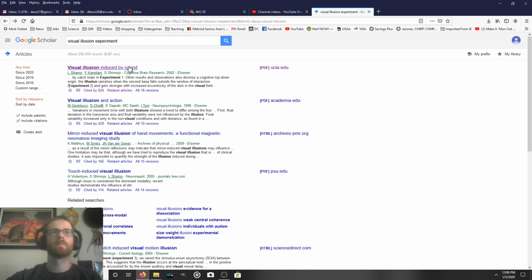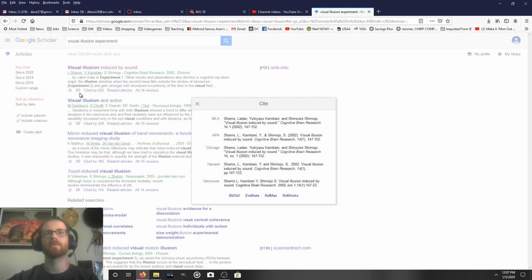Just go back to where you found that article on Google Scholar and click on these little quotation marks you see over here. This shows you how to cite the source, or how to build a reference page entry for that source for all these different writing styles. The one we want is APA, so you can just click on that, copy, and then paste into your references list. And that's it. You don't have to edit it at all.